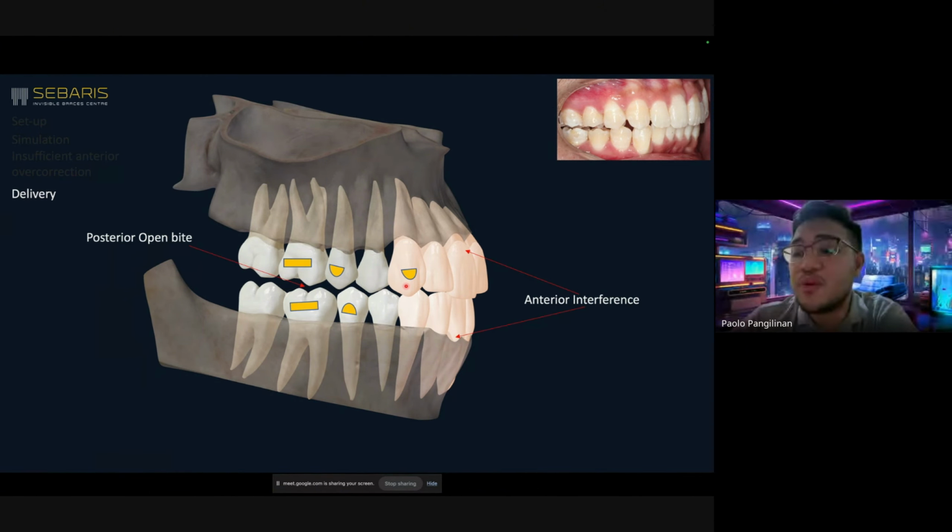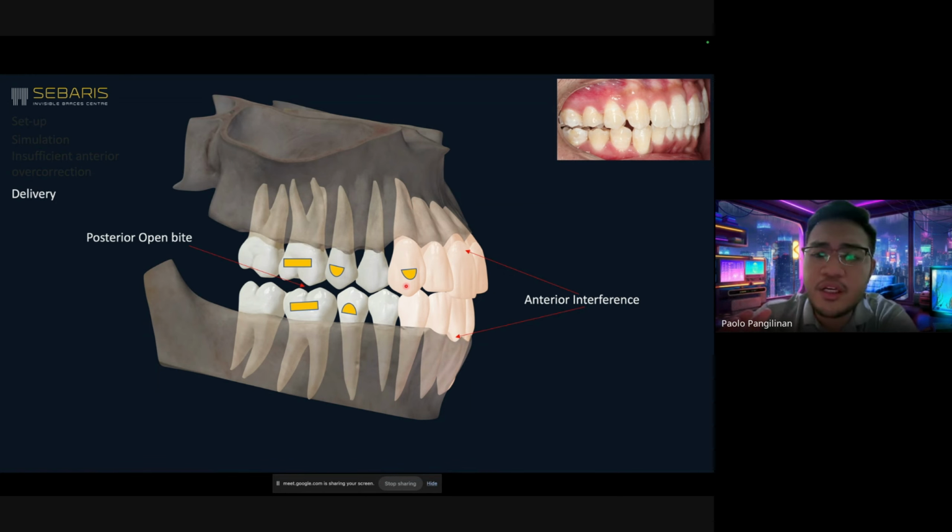Usually, doctors, when I'm looking at predictability thresholds, I'm always looking at the patient's clinical setup. So what I usually do is make treatment checkpoints on my simulation. If this case is going to finish in, let's say, 40 to 50 aligners, perhaps on the fifth step I'm going to ask the patient to come back and say, let's see if your teeth follow what is in the simulation. All I have to do is an inspection and review it, and if it doesn't work,